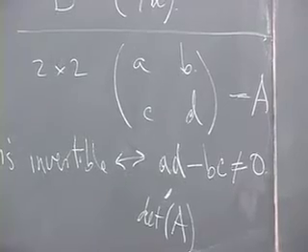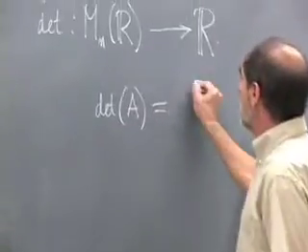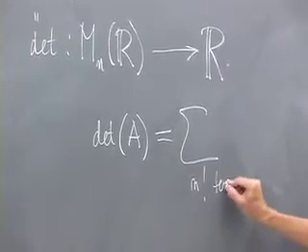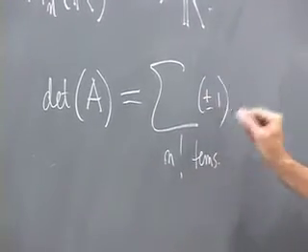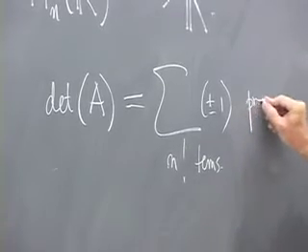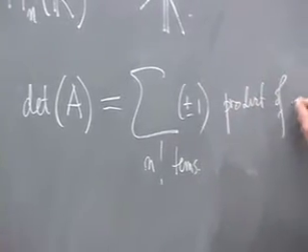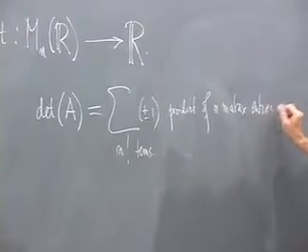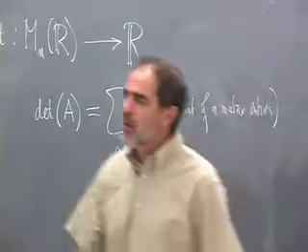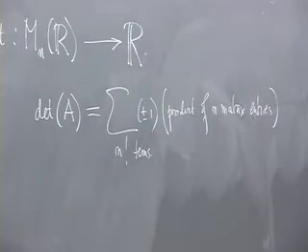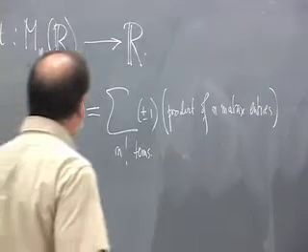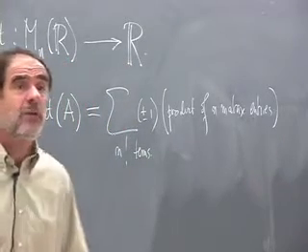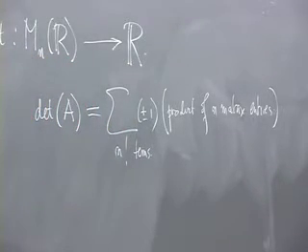It's given by a formula. The determinant of A is a sum over n factorial terms with a plus or minus 1 in front of it, and then products of n matrix entries. So n factorial here is just 2 terms. But if you go to a 3 by 3 matrix, there are 6 terms in the determinant expression. 4 by 4, there are 24 terms. In short, it's a useless formula, because once you get to 10 by 10 matrices, you don't want to be dealing with 10 factorial terms. Nonetheless, there is such a formula.